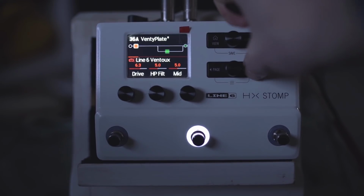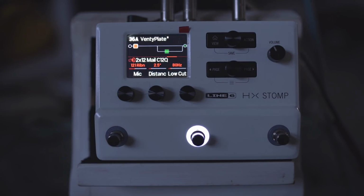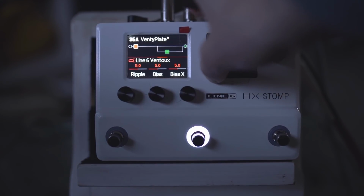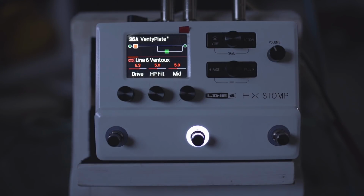Now, the stock cab that comes with it is the 2x12 male C12Q, so I think that's a Jensen speaker, I think. I might move that up closer for a bit more bass. And it's super responsive though, so if you play lightly,